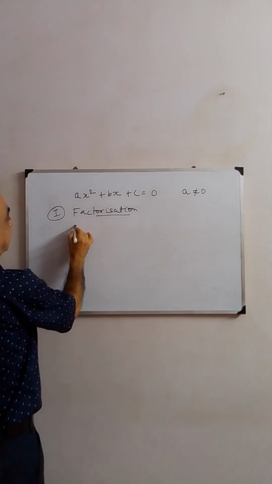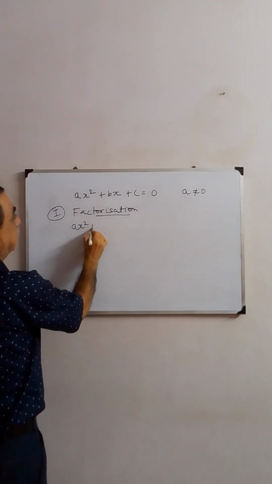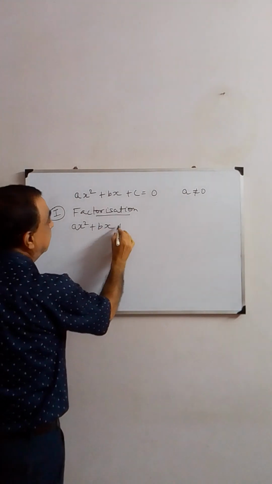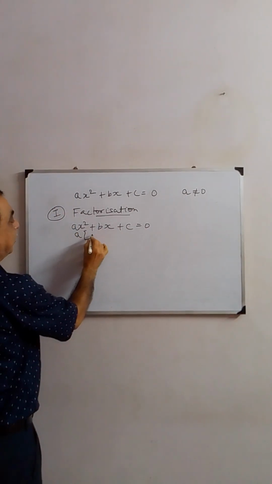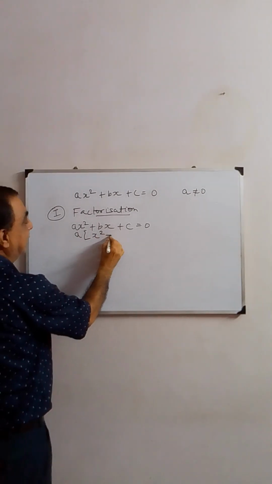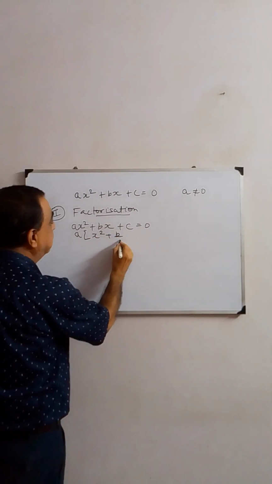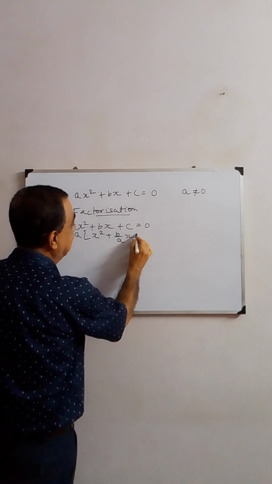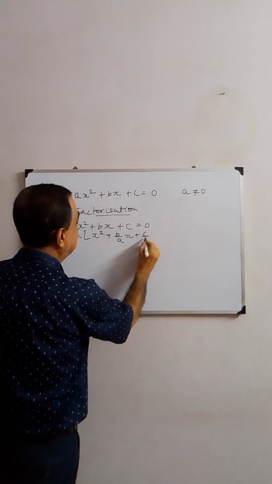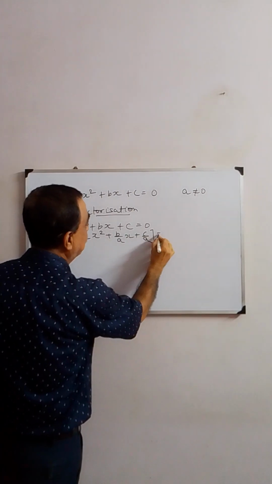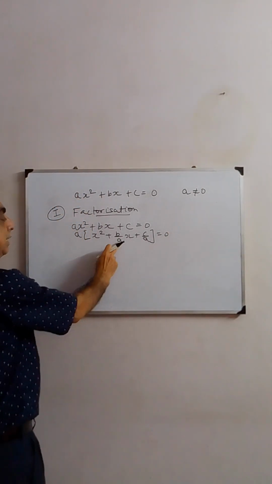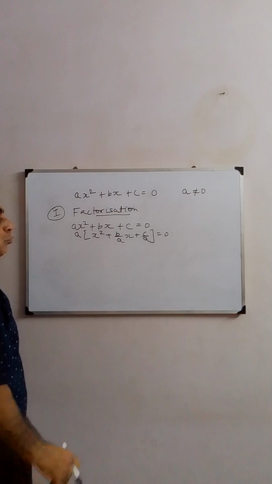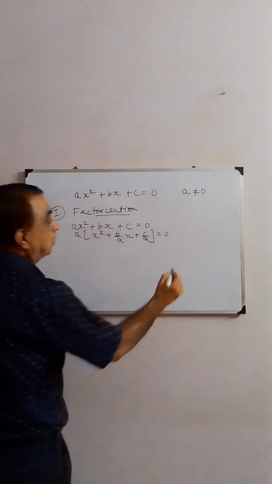Okay, like this: ax squared plus bx plus c is equals to 0. So a common out, so this is x squared plus b by a into x plus c by a is equals to 0. So now the middle term will be broken up into two terms, so that